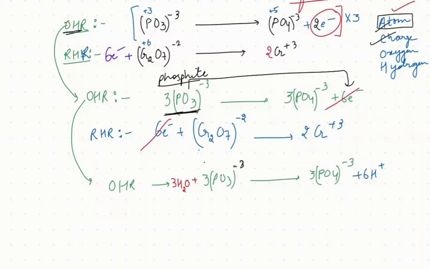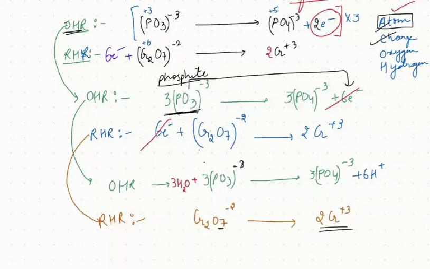Now let's take the reduction half reaction, again rewriting it. Cr2O7 minus 2 gives me 2 Cr plus 3. Now how do I add it up? On the reactant side I have 7 oxygen and on the product side there is no oxygen at all. That means my product side is short of oxygen by 7. So to balance 7 oxygen, I'm going to add 7 water molecules, because every water molecule has 1 oxygen. So 7 such water molecules, 1, 2, 3, 4, 5, 6, 7, will have